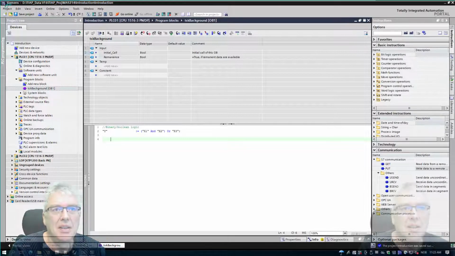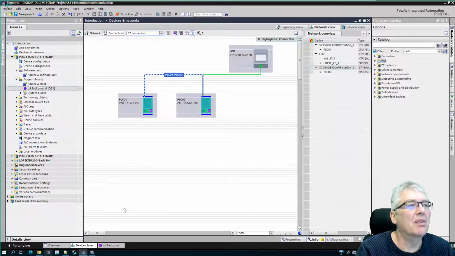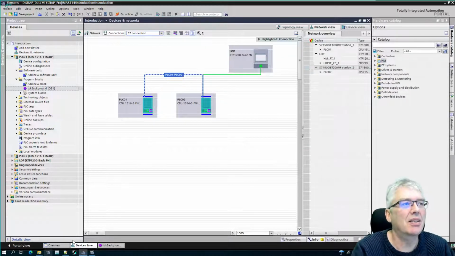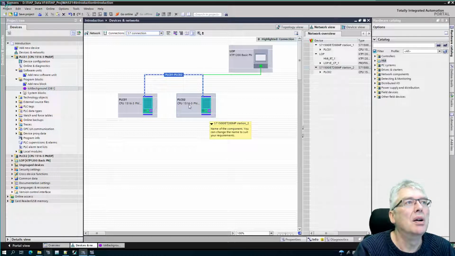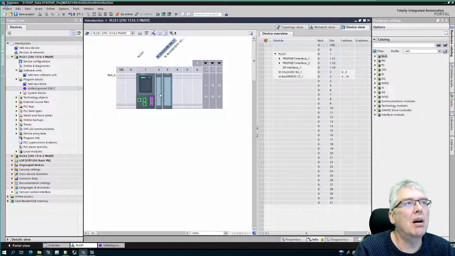Let's see, if I move over here a little. Down here I open the program, and here I can go back and just select my devices and network view. So what I want to do now is to use some IO. If I double click on this CPU, there are IO modules in here,